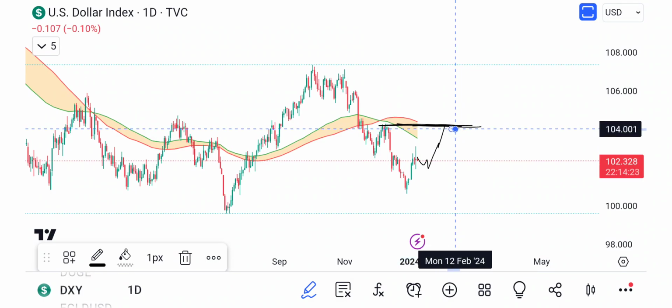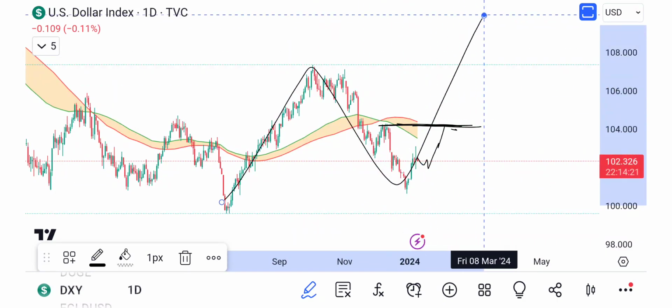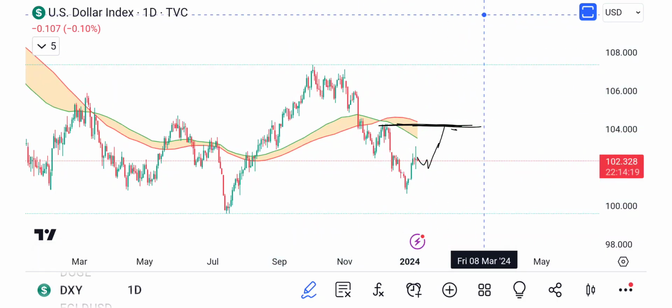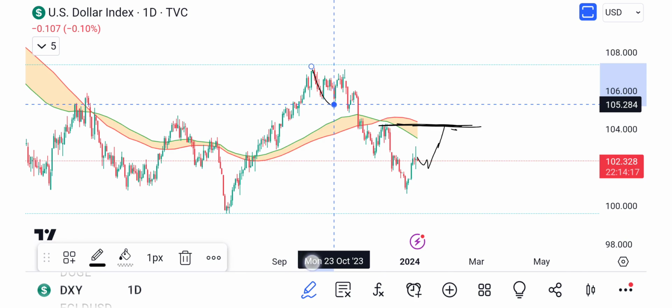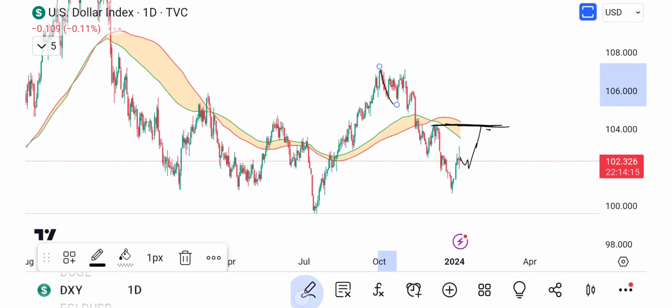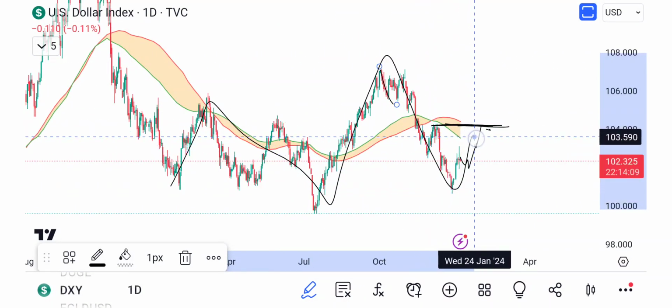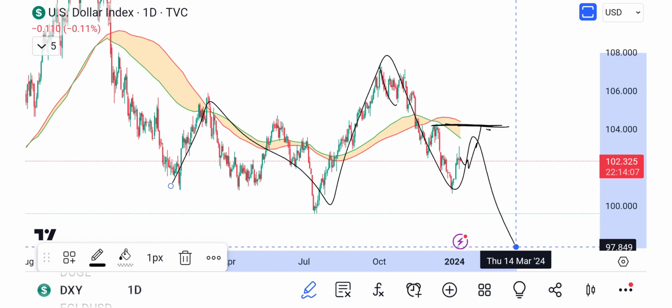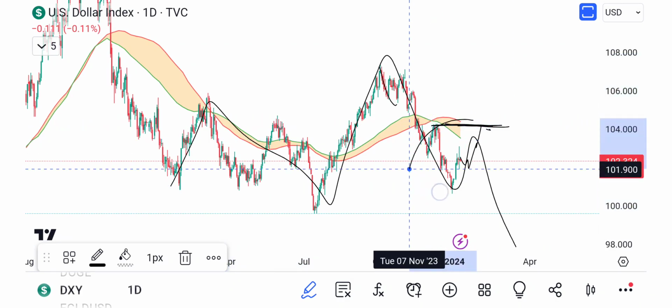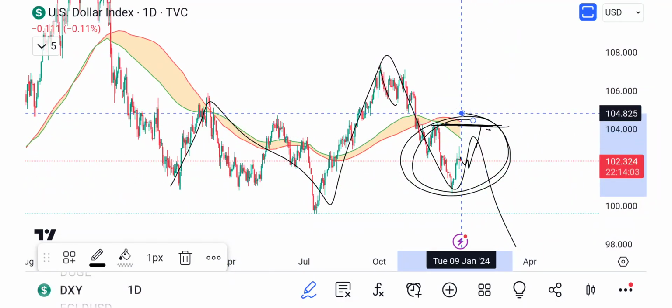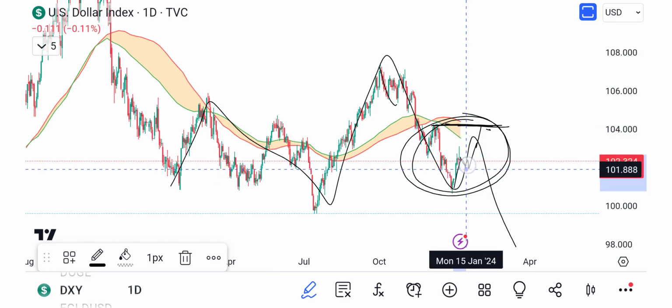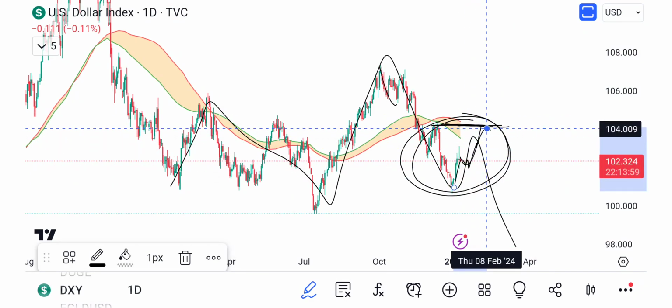If we break that, then I'm looking at this as an ABC. If we don't, then I'm looking at this as a flat ABC. Now we're impulsing to the downside, right? So we'll see what happens in this area. But for now, looks like we got a little pump to the upside coming up, which also rhymes with Bitcoin